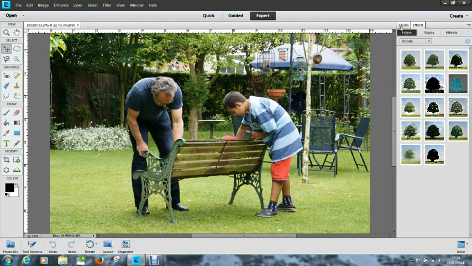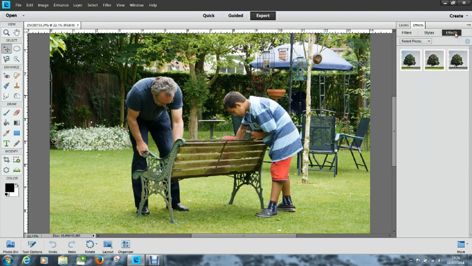Now we're left up here with layers, which we definitely want to keep, and effects. Now, these are various filters. We've got artistic, pixelate, noise, all sorts of things on here that might be quite interesting to play around with. We've got effects, which this is faded photo, we might have monotone colour, we might have vintage photo. So again, we might want to play around with those, but the one that I find that I probably use